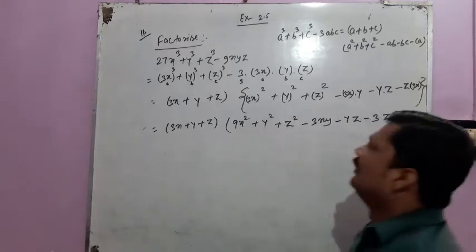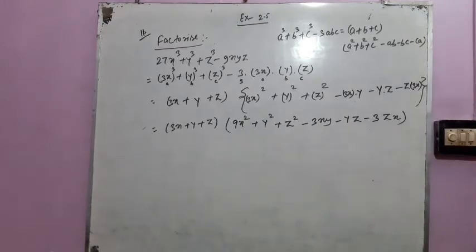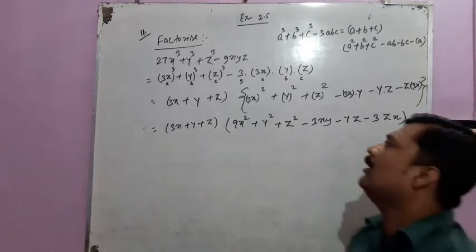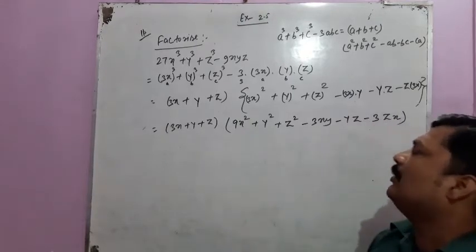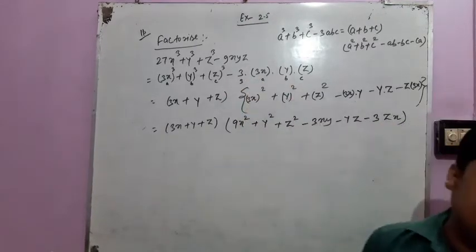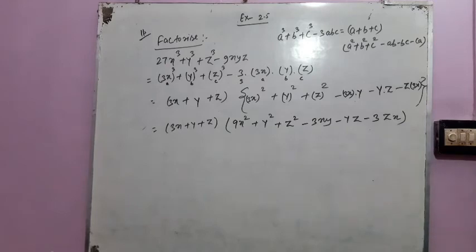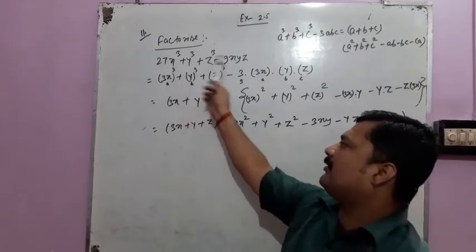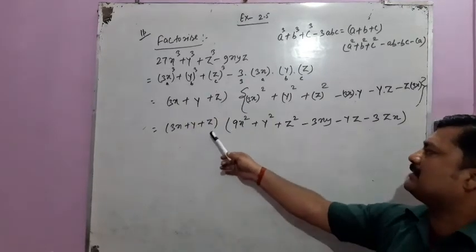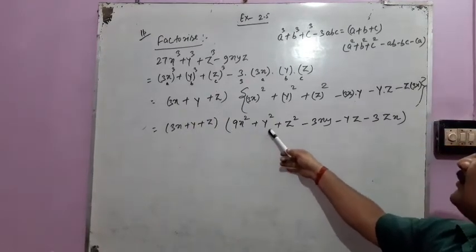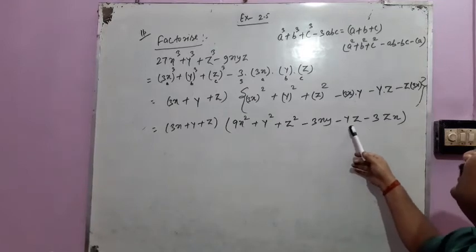So 27x cube plus y cube plus z cube minus 9xyz. 9xyz we can write in the factorized form as 3x plus y plus z into 9x square plus y square plus z square minus 3xy minus yz